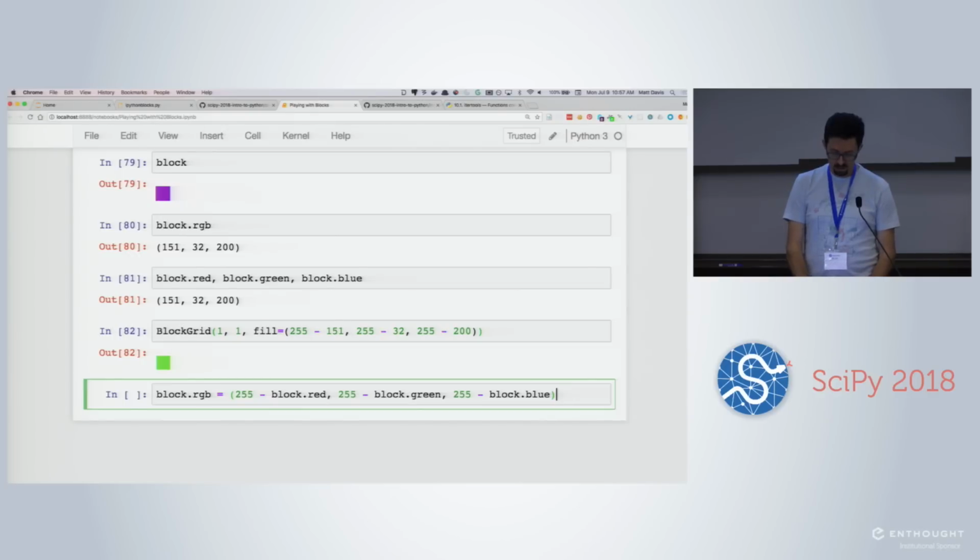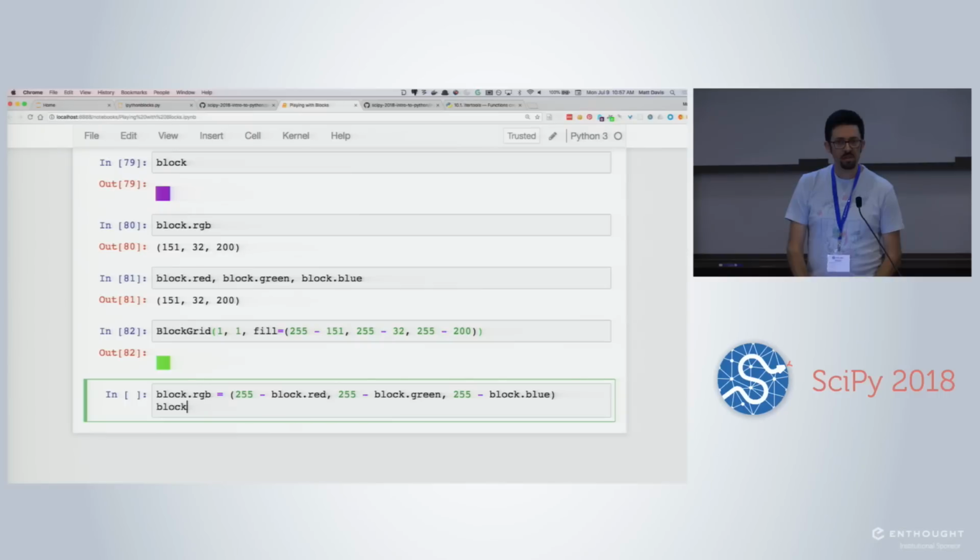Should you use a bracket or parentheses? Say that again? The RGB equal to those three numbers should be in brackets? In Python, you mean, like to group these? No, the one before that should be a bracket, right? We want the total to assign to RGB. Yeah, so these